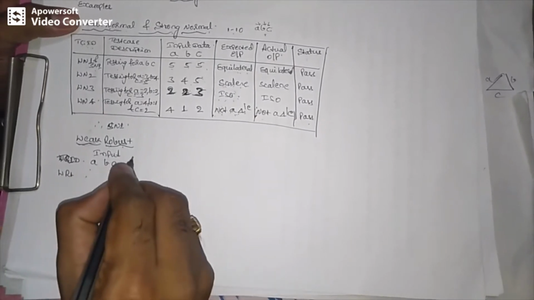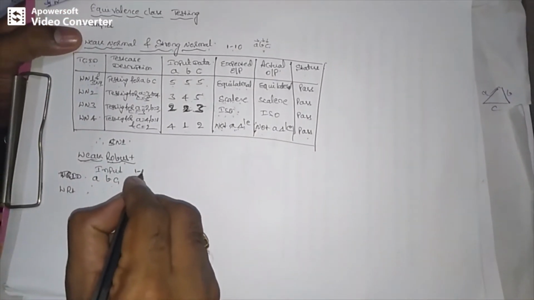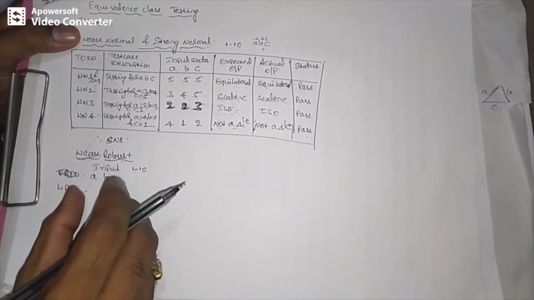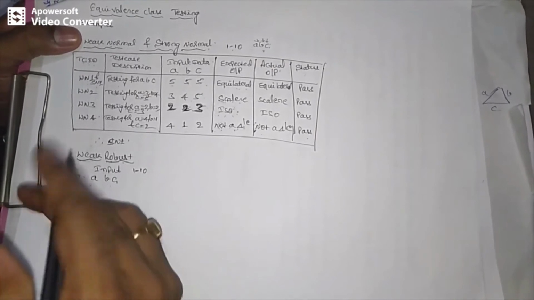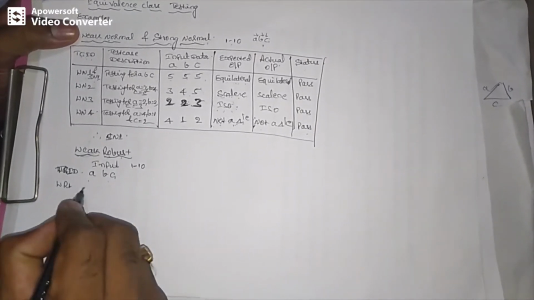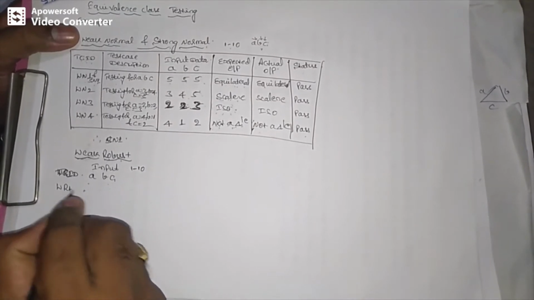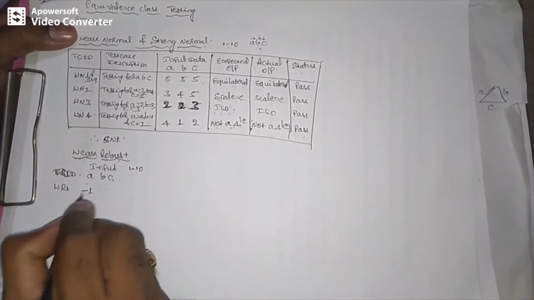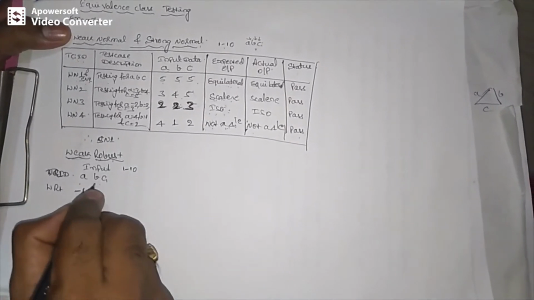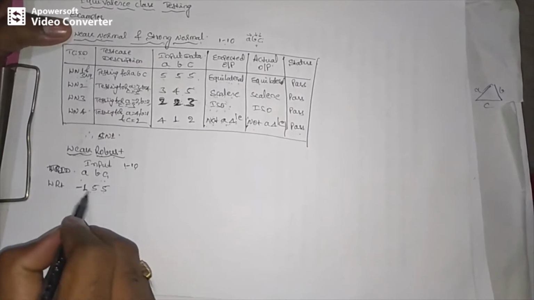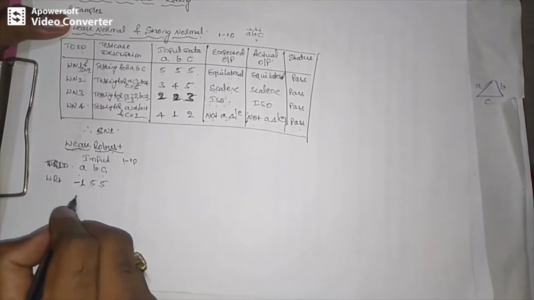For example, for your triangle problem, the lower limit and upper limit are 1 to 10. So we need to cover one corner first and then the other corner. First we make one corner invalid, and the next time we make the upper limit invalid. For example, WR1: first time A will be minimum minus, and the other two input values should be nominal. Nominal of 1 to 10 is 5, 5. So now A is done.